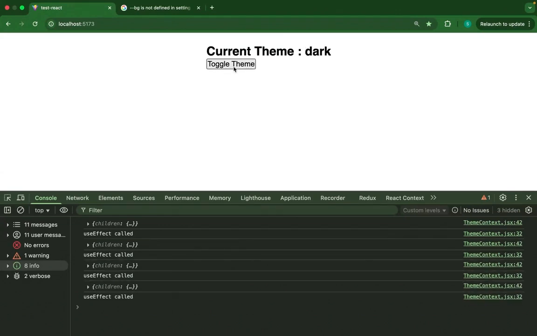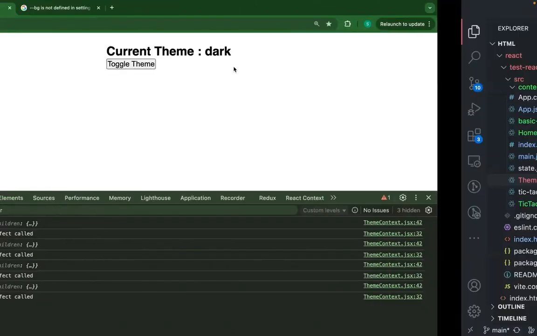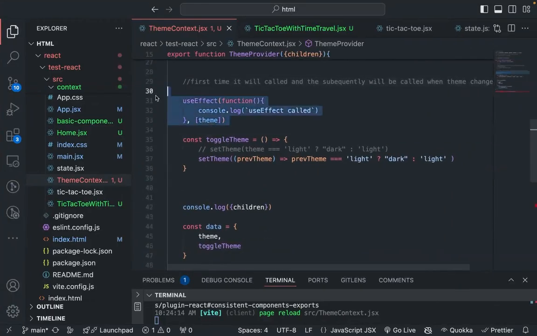Theme changes, it is getting called again, right? So this useEffect is basically used to run an after effect. So you can use it to coordinate with the data fetching APIs, the external things, right? Subscription or unsubscribe events, or maybe DOM manipulation or anything, right? So when this particular piece of function is running, at that point, what we want is we want to just